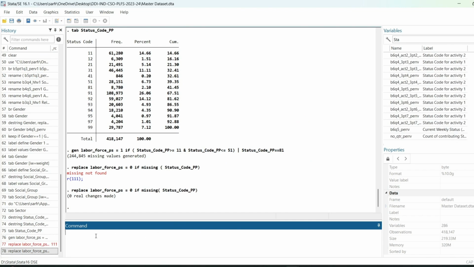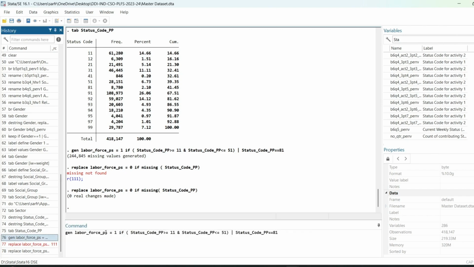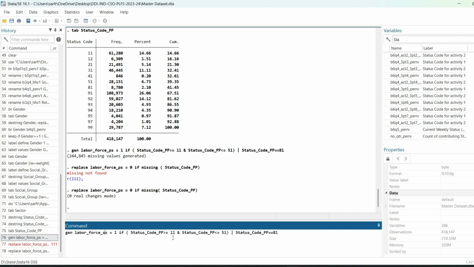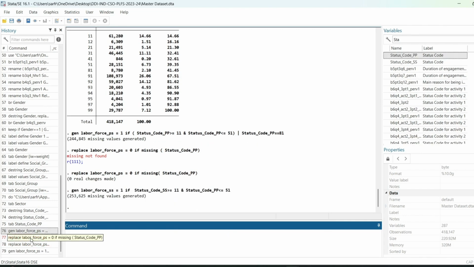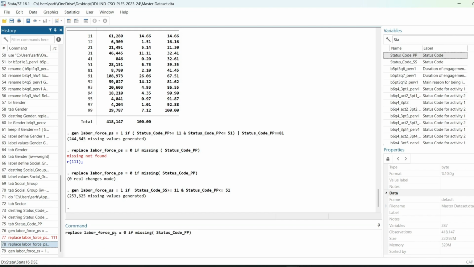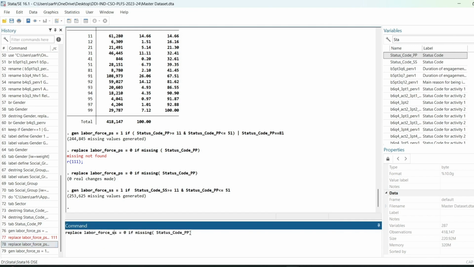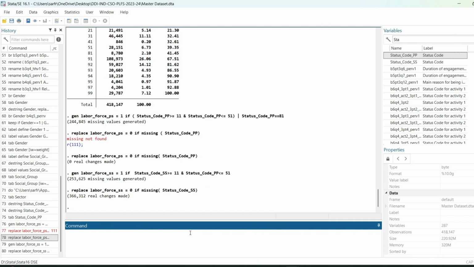Now let's do it for subsidiary status. So what I will be doing: generate labor force subsidiary status is equal to 1 if status code is greater than 11 and less than 51. There is no 81 or any number because the reference period was for the last 30 days only, and sometimes part-time work is also here. So I have generated this. Then I want to replace this ss by 0 if it is missing. Okay,